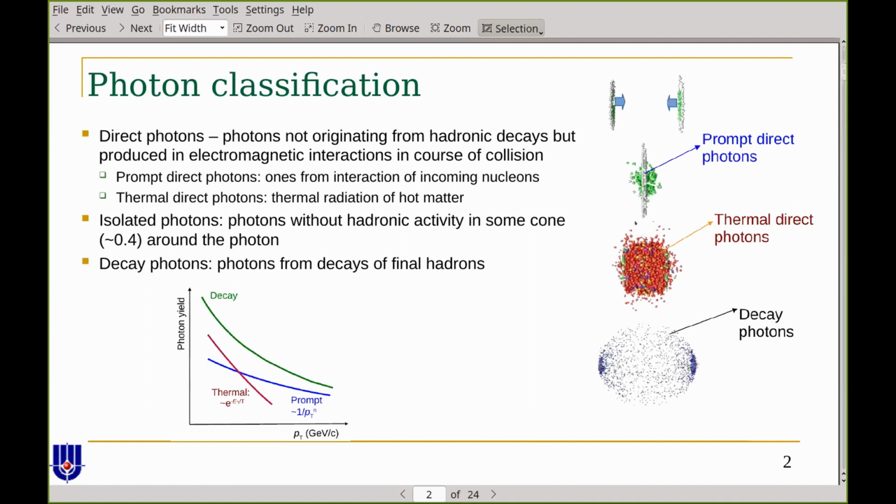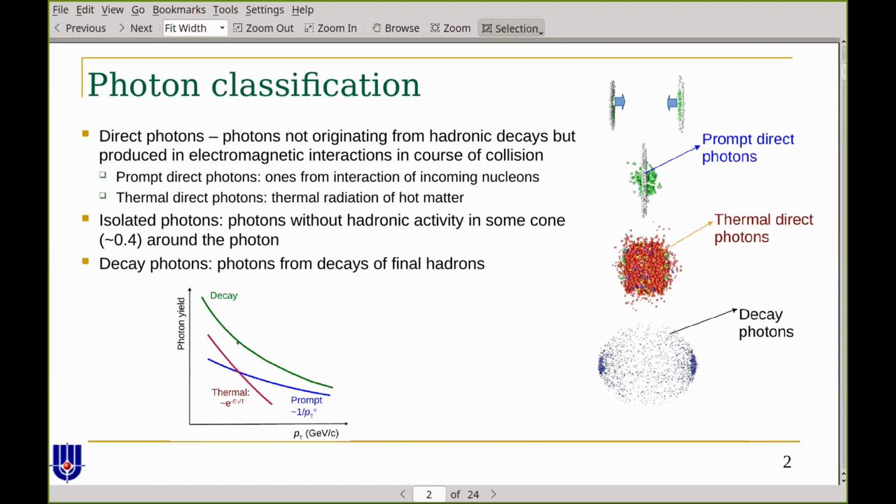Besides direct photons, one can consider isolated photons, which are similar but not the same. These are photons which have no hadronic activity in some cone around the photon. And the main part of photons in any collision is the decay one, which is from decays of final hadrons, mainly pi0 and eta mesons. And to provide you some scale,